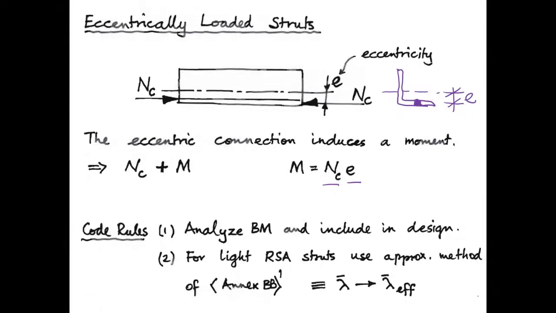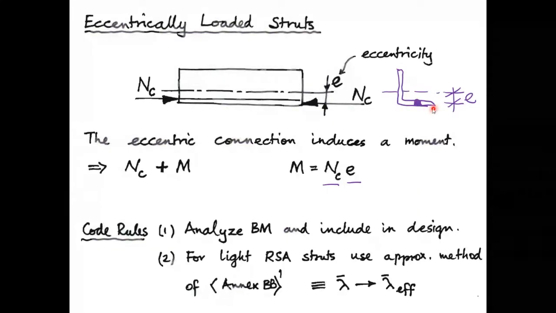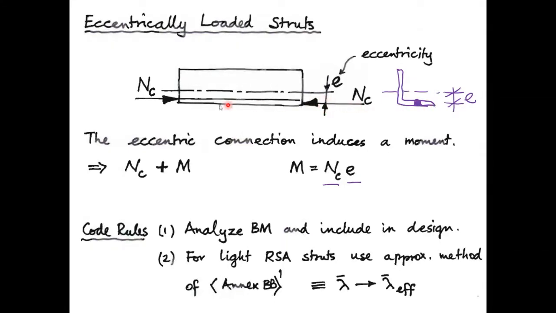Okay, so we're designing compression members. We're going to design a steel member under compression axial load. And we're designing this member such that it has some eccentricity in terms of its loading. So, for example, if we have an angle section here, the loading is applied